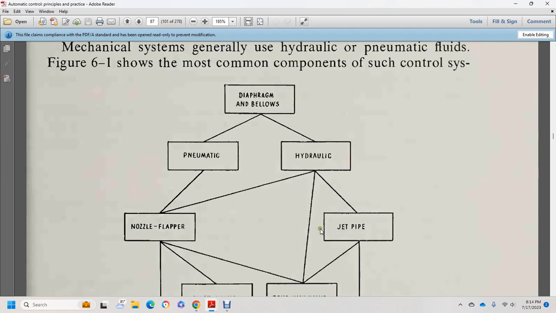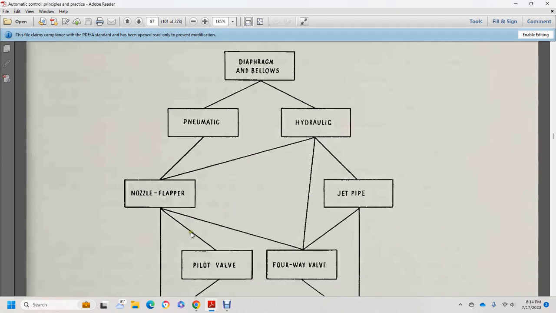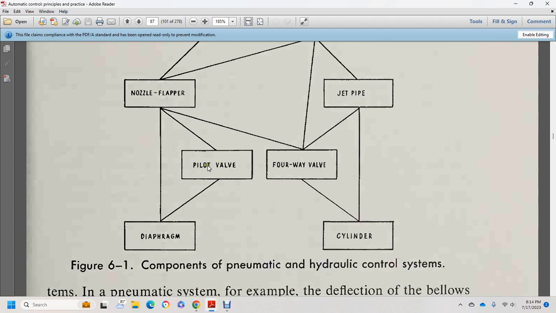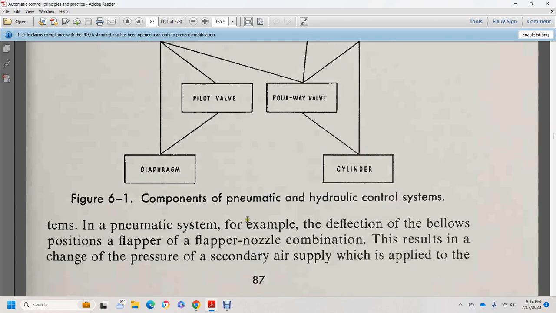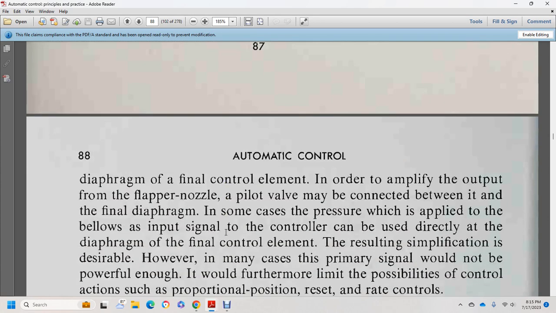Hydraulic systems have the nozzle flapper, jet pipe, and pneumatic systems have the nozzle flapper. The nozzle flapper, pilot valve, and four-way valve are also made by hydraulic jet pipe. Then the pilot valve and nozzle flapper go to the diaphragm, jet pipe, and four-way valve to the cylinder. In the pneumatic system, for example, the deflection of the bellows positions the flapper, and the flapper and valve combination results in a change in the pressure of the secondary air supply, which is applied to the diaphragm final control element